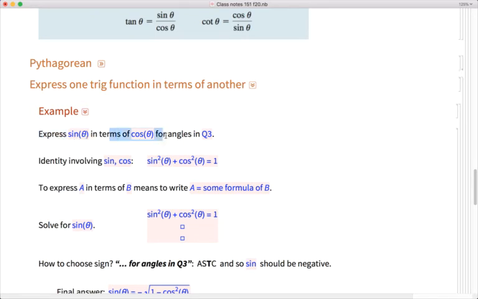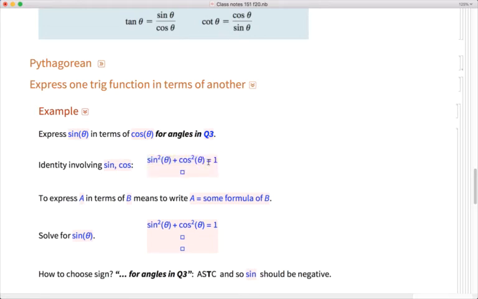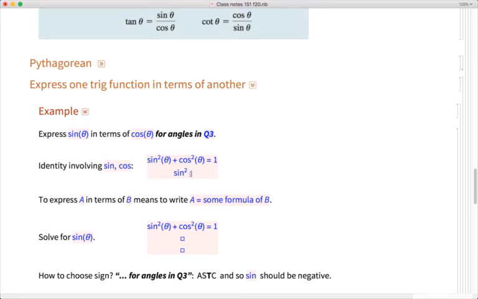Okay, so we're going to use these Pythagorean identities to express one trig function in terms of another. So here's the example. We are asked to express sine in terms of cosine, and then here's an important little proviso for angles in quadrant 3. We're going to try to write sine as some formula that has cosines in it. So what we're going to do is start with the identity that involves both sine and cosine, and we're going to solve this identity for the sine function. So sine squared theta, we just subtract over. This is 1 minus